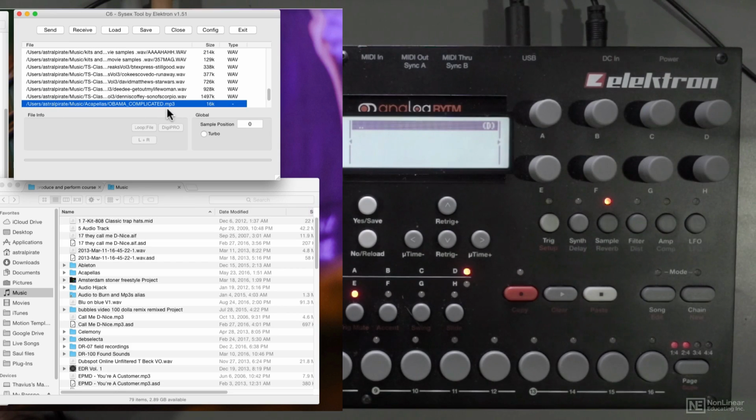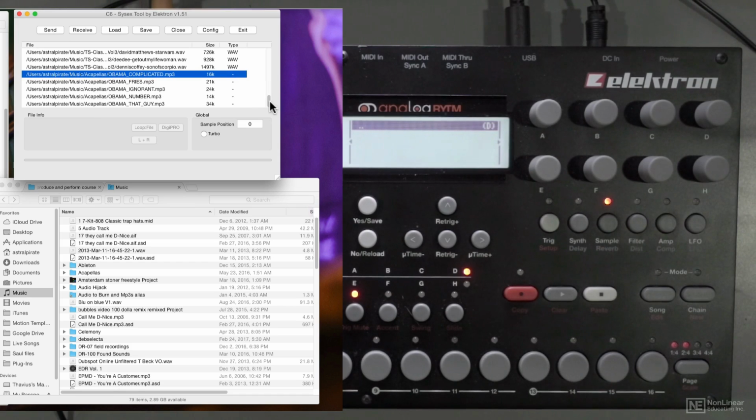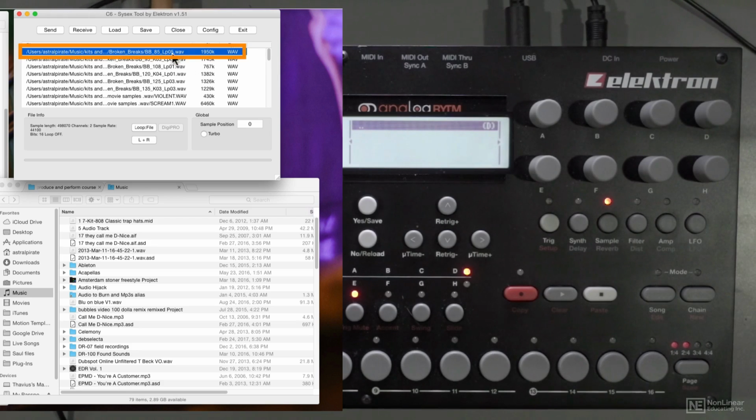Oh, and actually, you know what? I just realized this is an MP3, and MP3s are not going to work here. So let me go ahead and those are at the bottom. All right, I'll disregard those. Let's say I want to send this particular broken beat sample, and just this one. If I hit send,